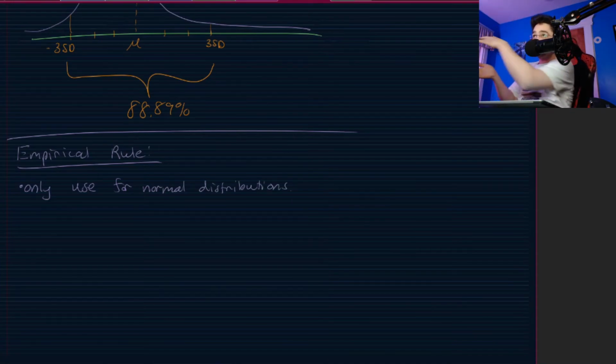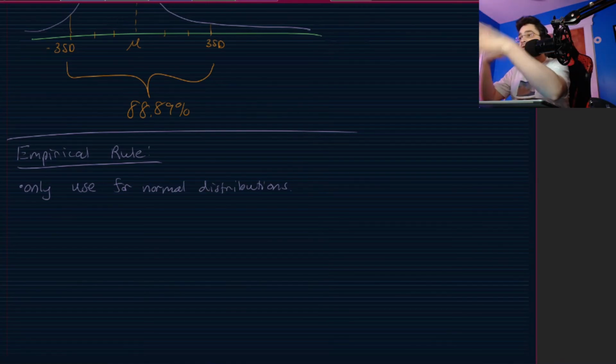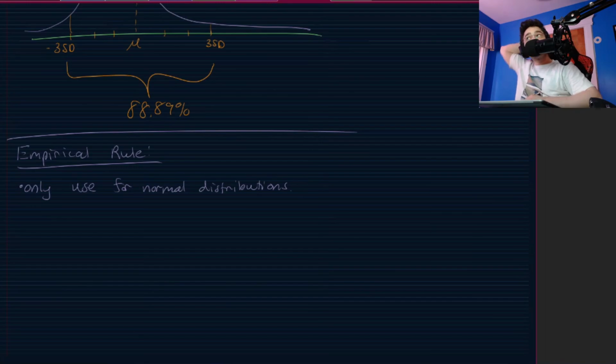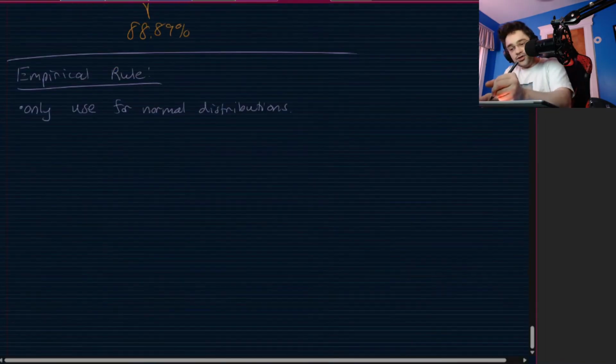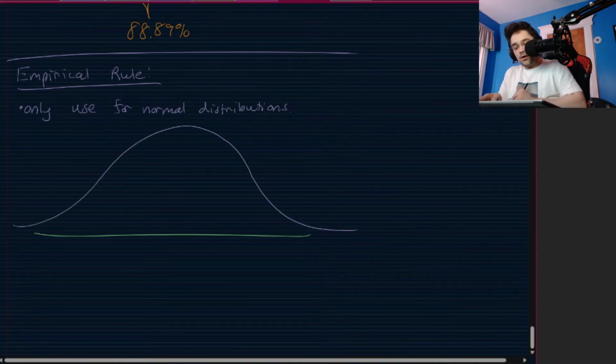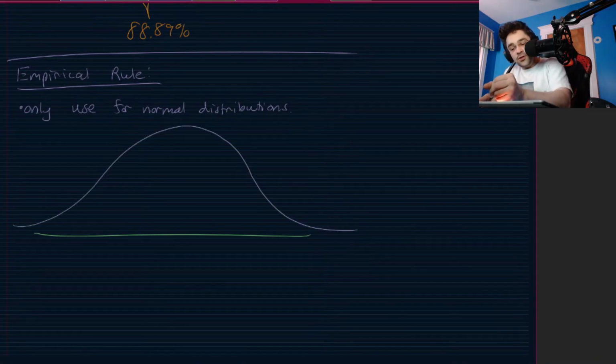The normal distribution is that bell-shaped distribution where most things are happening around the average, and then as you get further away from the average, less and less things happen. So this is the shape of the normal distribution. And the normal distribution, with the empirical rule,